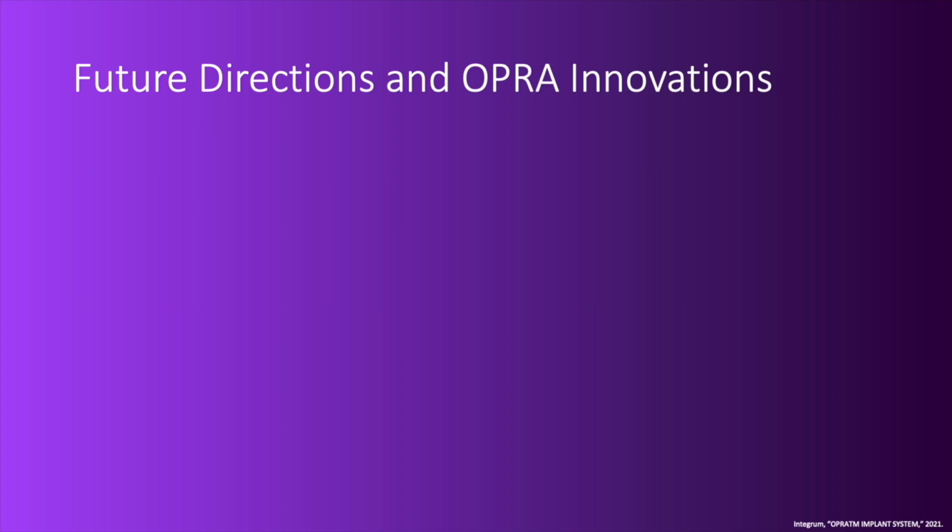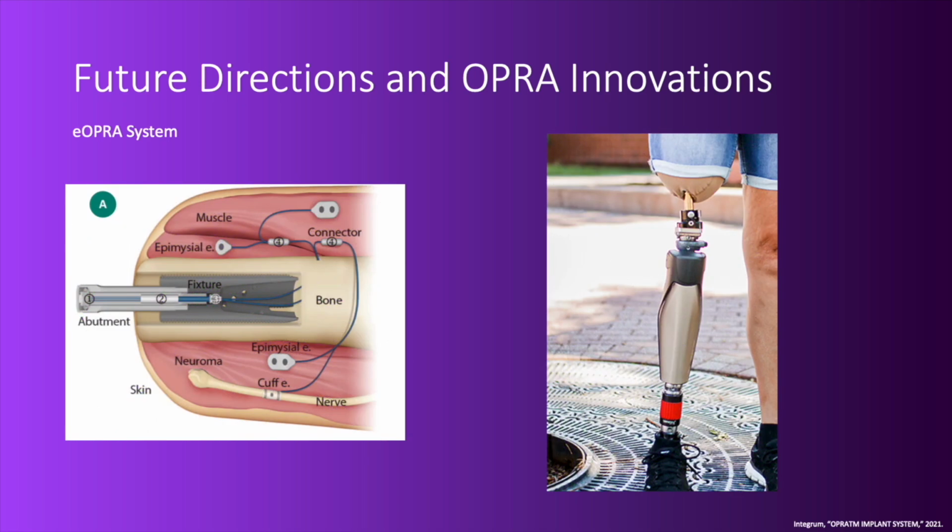The largest future iteration of the OPRA system is the e-OPRA system, which uses EMG sensors implanted into the thigh to read voltage changes in the quadriceps and hamstring muscles. This actuated prosthetic will enable use of a powered knee, further reducing the energy required for movement while using the